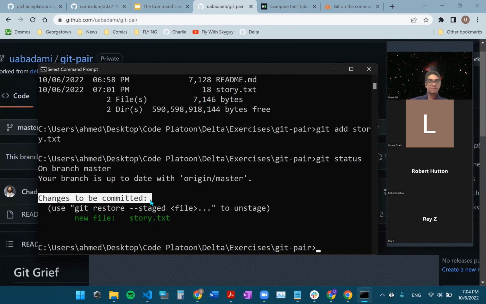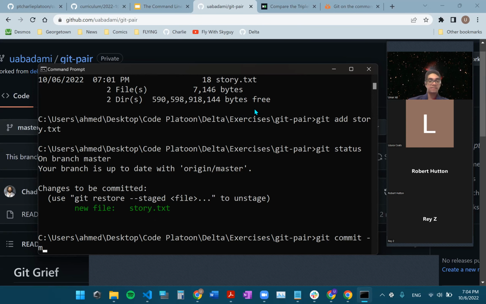And changes to be committed. This is the key part. I have my new file, which is story.txt. So the file that I wanted to add has been added. So now we just need to commit it. So what we can do is just do git commit. And then we want to add, let's say, a commit message. And we'll just say -m for that. And we'll just say